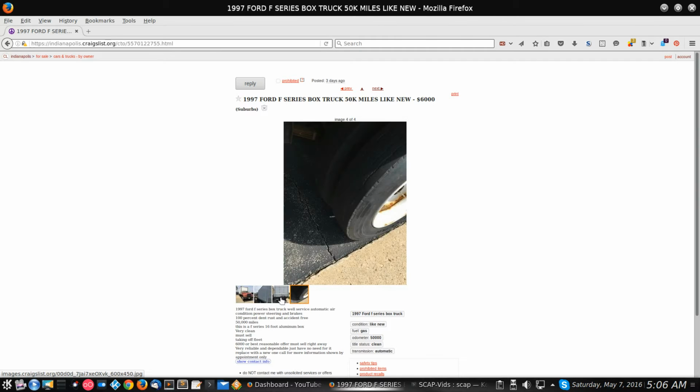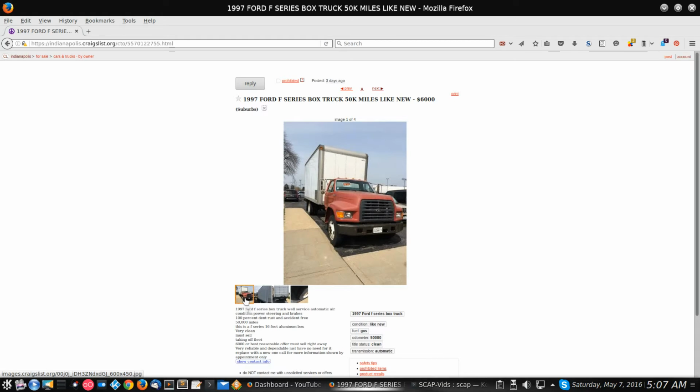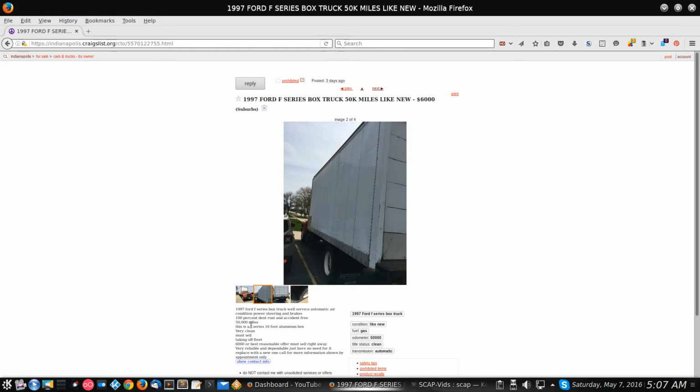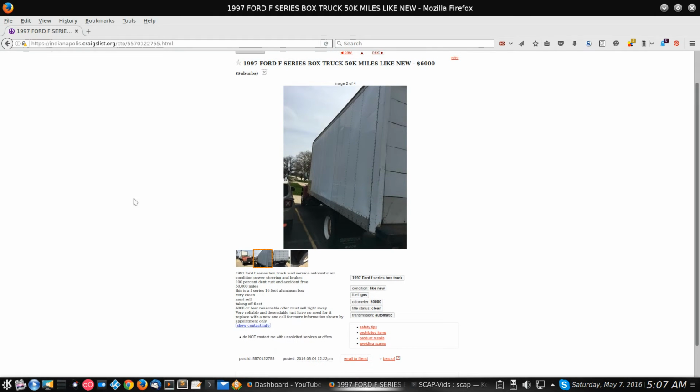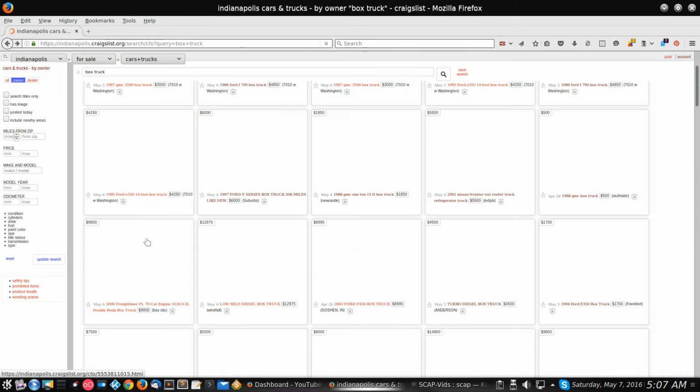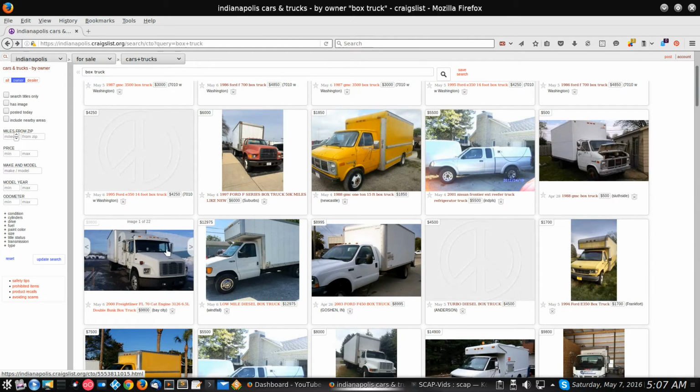But you can look at the pictures, and you just mouse over the pictures. Sometimes when you mouse over them, they'll automatically display. Other times they don't. It may look a little different in your browser, but it should all work the same. But if you click on them, it'll show you the different pictures. Read the description down here. And as an example, for a vehicle, I always check the title status for sure. I actually saw one that was listed with a lien on it. Now, why would I pay for a truck that already has a lien on it? That's stupid, because you're going to lose that. Anyway, as I'm looking down through here, here's another one that's great.